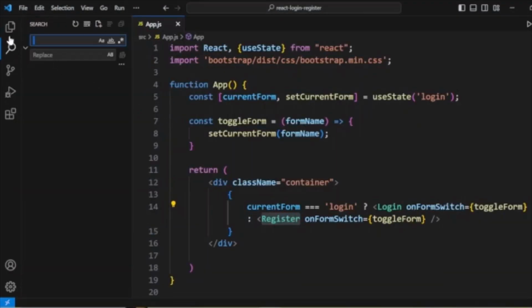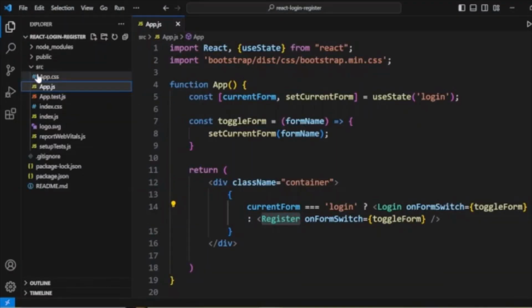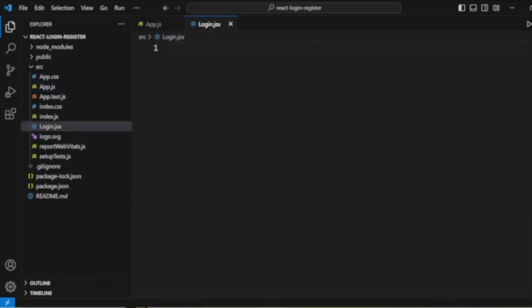Here you can see src, in which we will create both the components. So first we will create our login component. So the login component will be here, login.jsx file, in which we will handle our React code and also our JavaScript code. So now we will start coding our